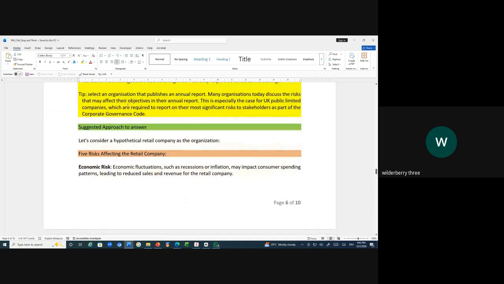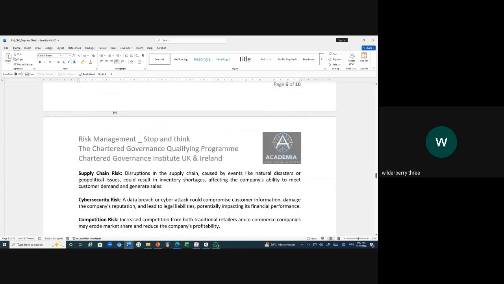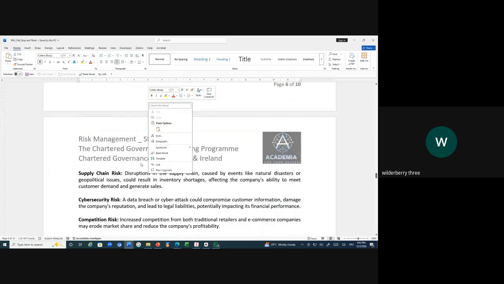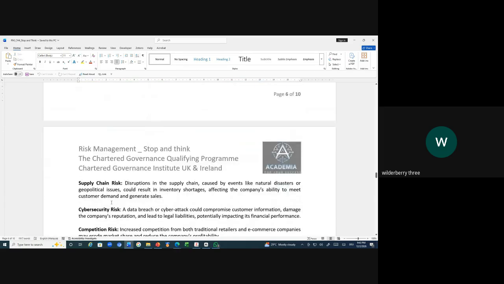Here you see the 5 risks affecting a retail organization. We have economic risk. What is economic risk? Fluctuation and so on. Is it a systematic risk or an unsystematic risk? Can it be controlled or can it not be controlled? That's how to link it. Then supply chain risk, cyber risk,